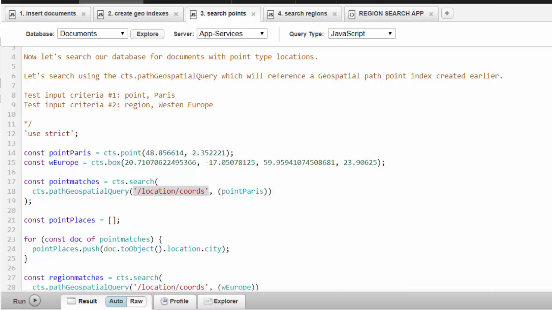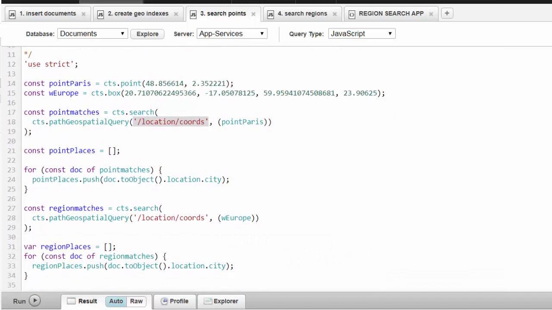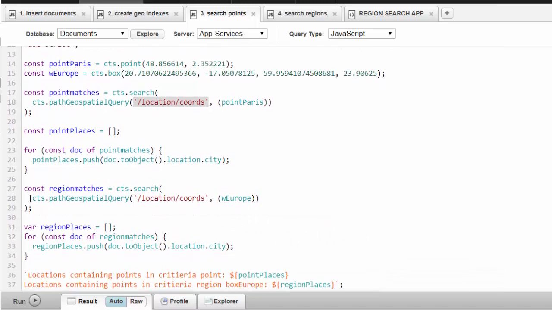The second search is using the cts:path-geospatial-query, also looking in the same index, but now the criteria is not a point but a region. We're looking for points within our index